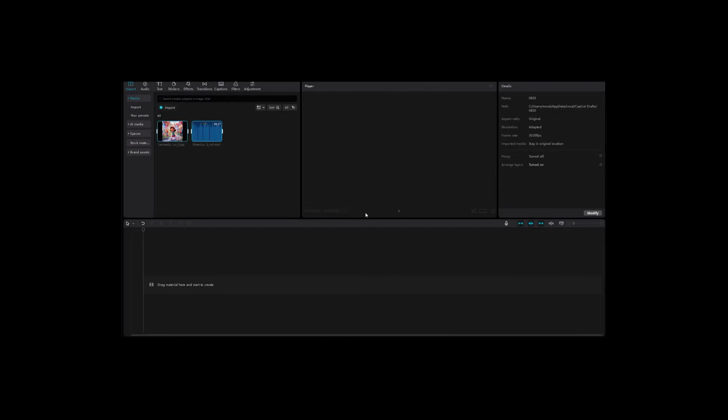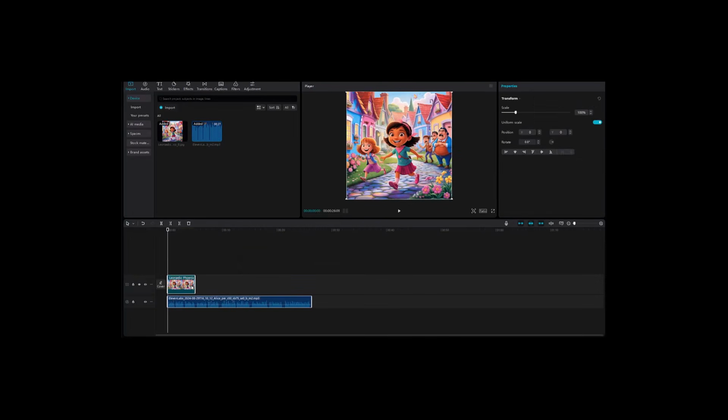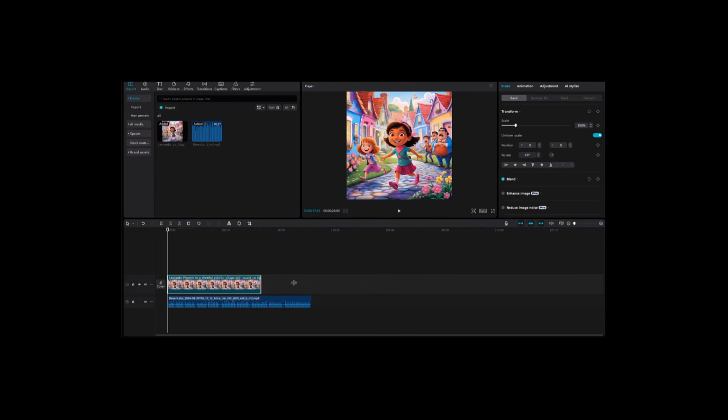Open CapCut and insert all the video assets that have been created previously. In this video, we will insert one scene and one video narration in the first scene. You can follow it and repeat it for all the scenes in your child's story. Drag and drop to the timeline. And adjust the duration with the video caption. Follow this tutorial for all the scenes of the children's story video that you will make.